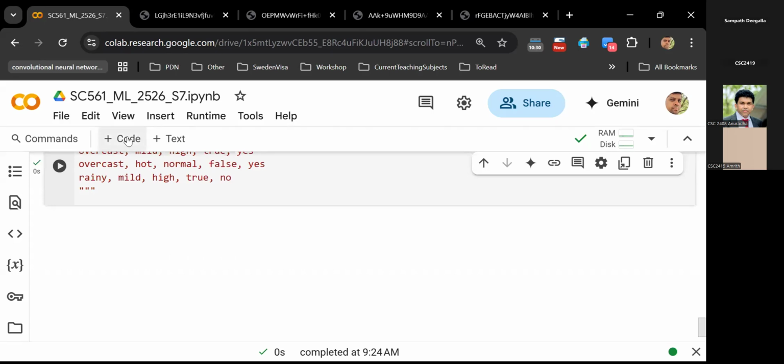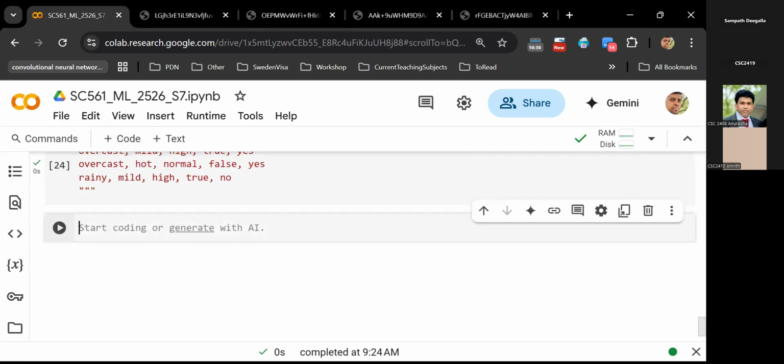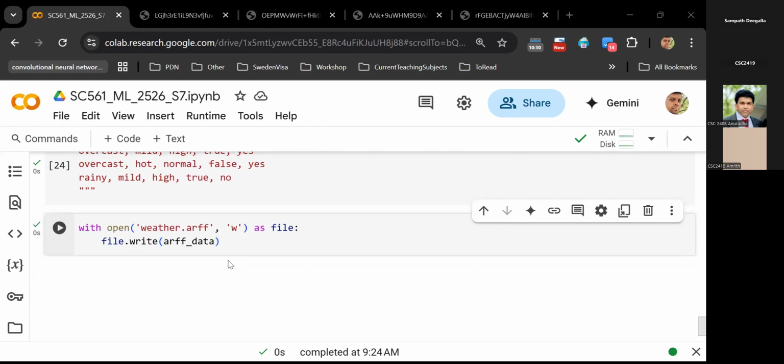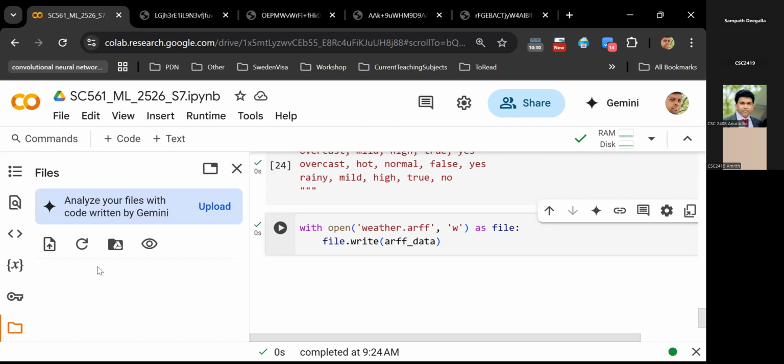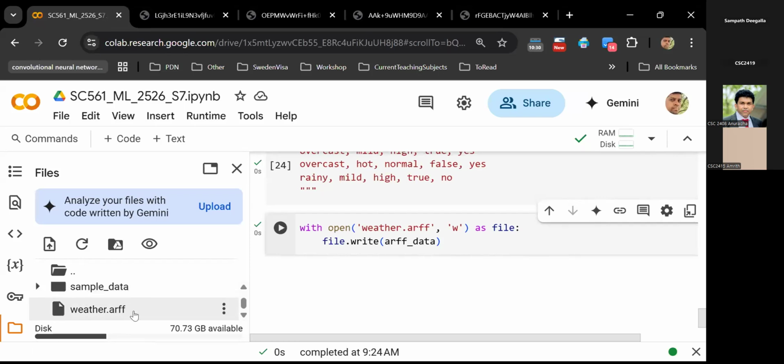And then what I'm going to do is I'm going to create a file using this one. For that, I will save it as a file. And let me give you the code as well. So simply, I will create a file called weather ARFF, and then I will write down. If you go to folder now, you should observe that there's a weather ARFF file inside your general folder. So you can see there's a local file generated with the code. Right. Now that we have the file with you,